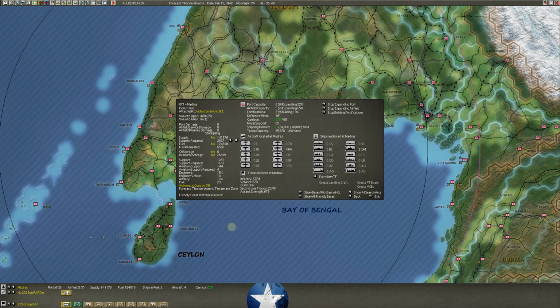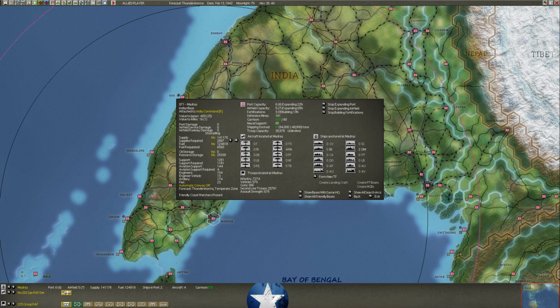We can take a look at Madras. We've got our Australian division sitting here at Madras. I'll tell you, I will eventually move this back to Bombay. I do like to have a division in Bombay, and I like it to be the Australians. They could then take the rail and help out wherever, but they kind of stay in Bombay, and then where you have the actual commands like Indian Command, Eastern Command, I forget. I think maybe Eastern Command's actually in Madras, and